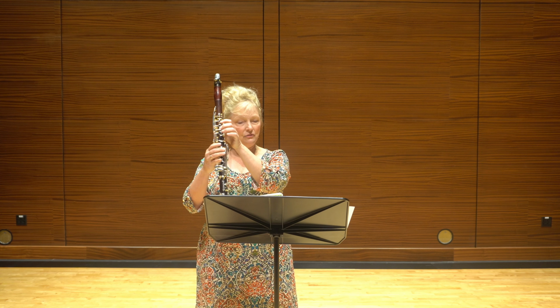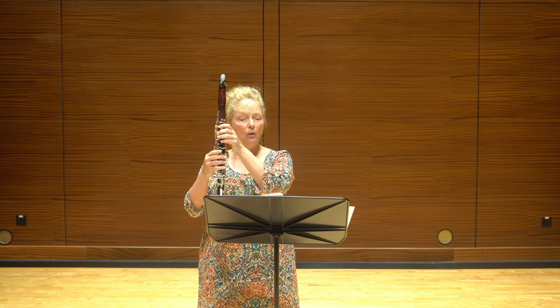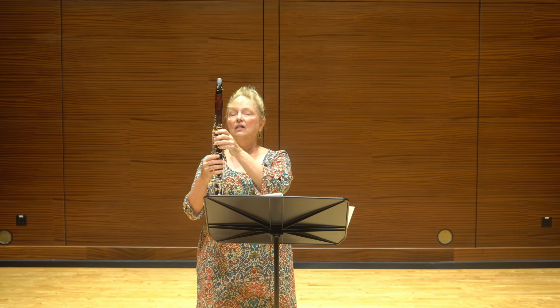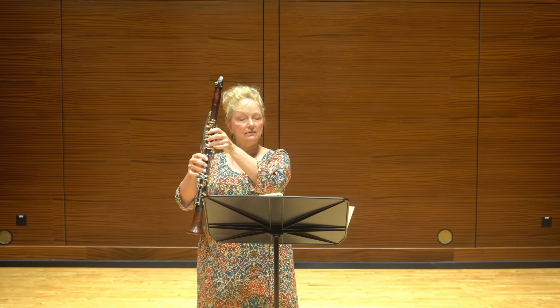Before you even begin to practice this etude, it would be wise to mark in all of your alternate fingerings. For instance, in measure 1, you want to begin the etude on a side F sharp, and that fingering will carry through all the way until the last note of the first measure, where you're going to flip to front F sharp so that you can easily get to the downbeat of measure 2 with C